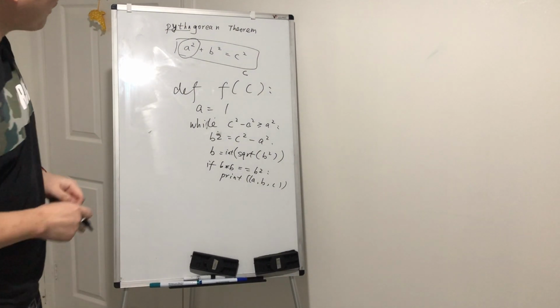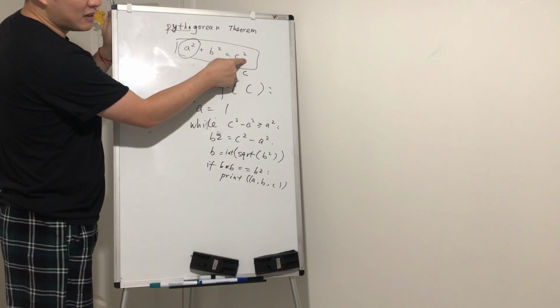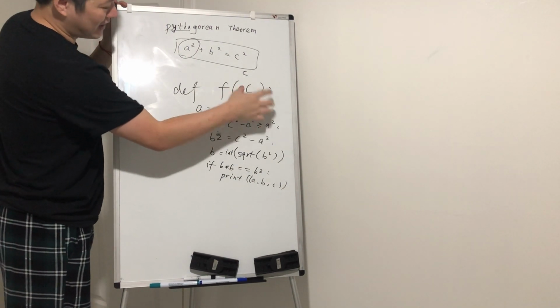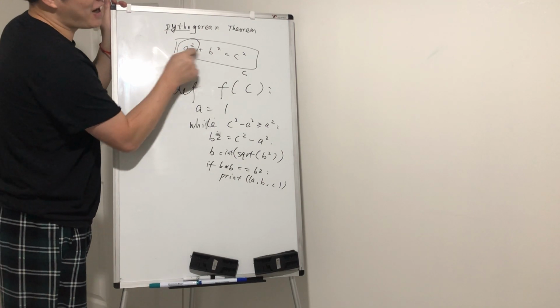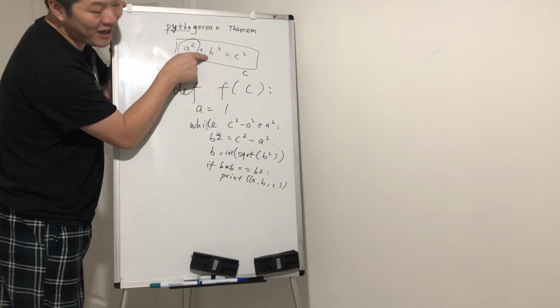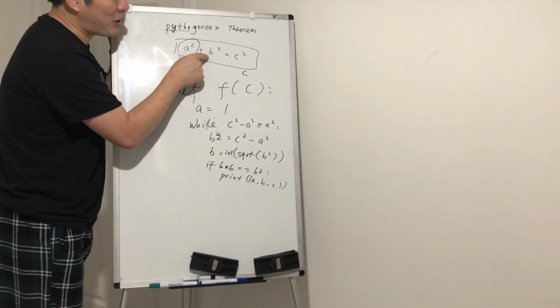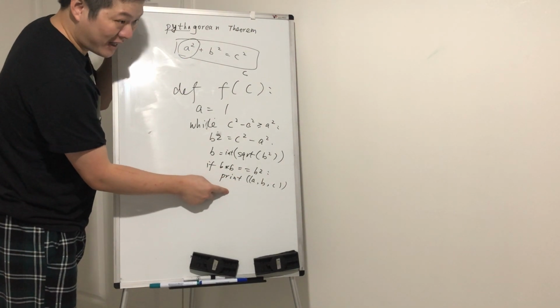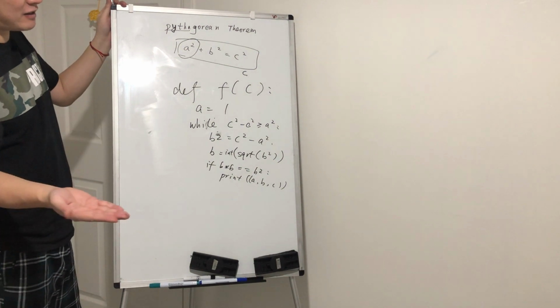Do you get it? So basically, given C, we just try A from 1 to this range. And once we know A and we know C, then we can calculate B. But we need to make sure B is a perfect square. Am I right? Because if it's not a perfect square, it's not a